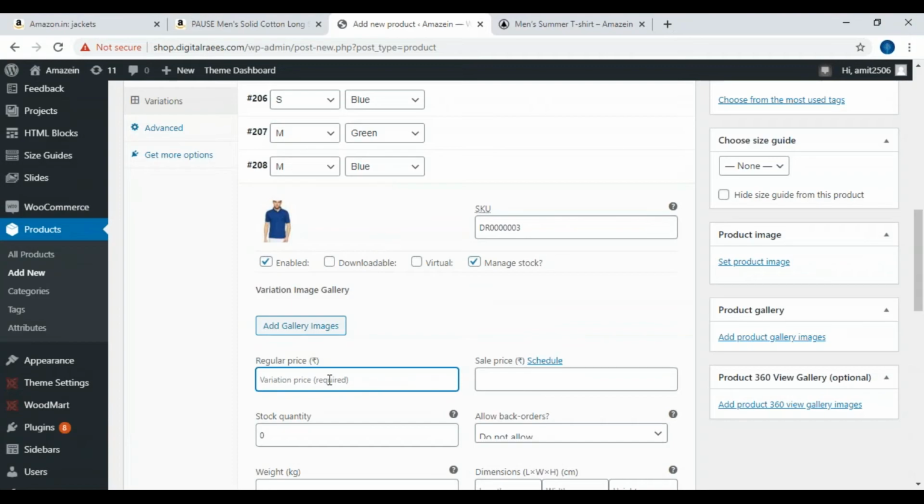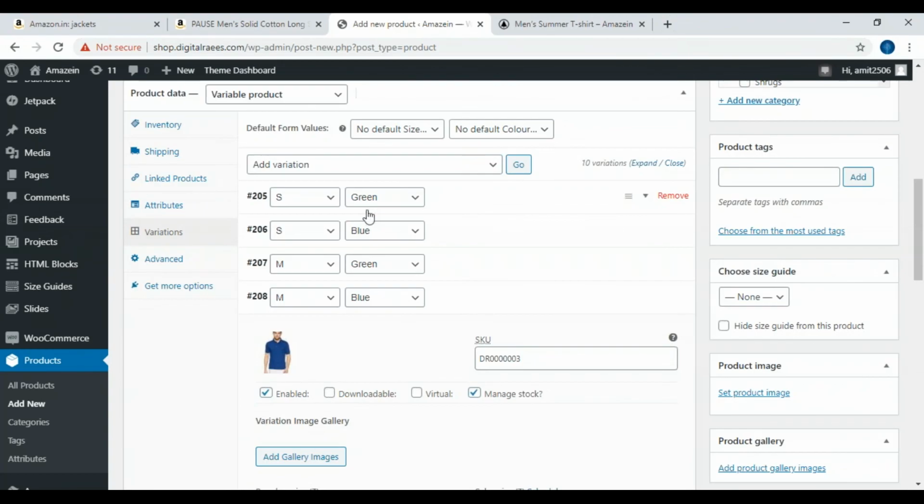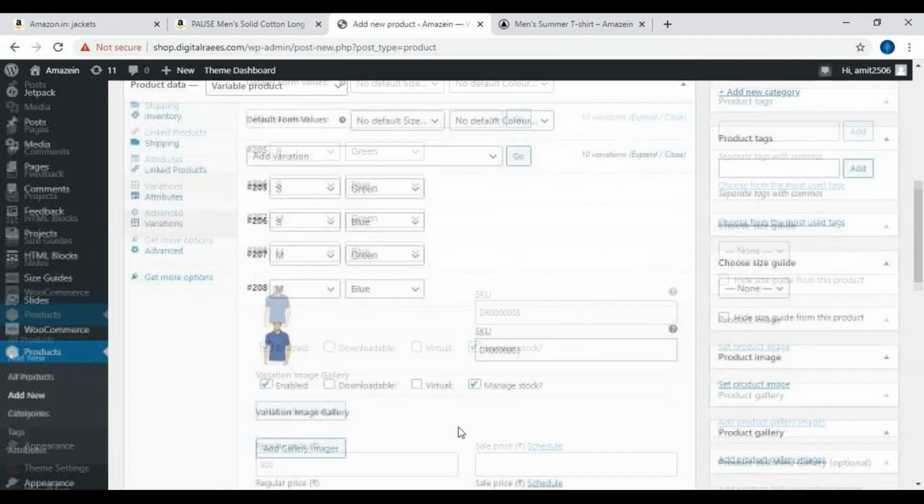So medium is the running size. So for this particular product, say 500, and I am not giving any sale price. I am not giving because this is a regular selling product. I am having stock of 10. So you can give different prices to different sizes and different colors. So that can be done.